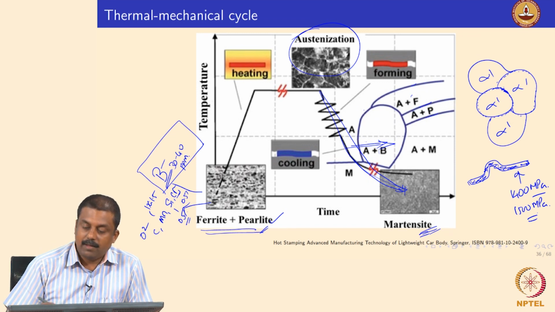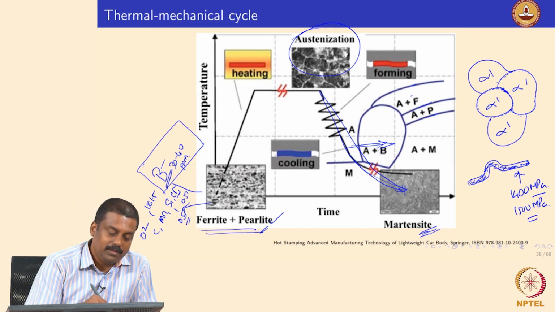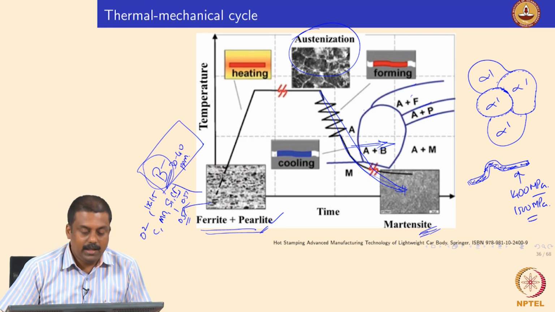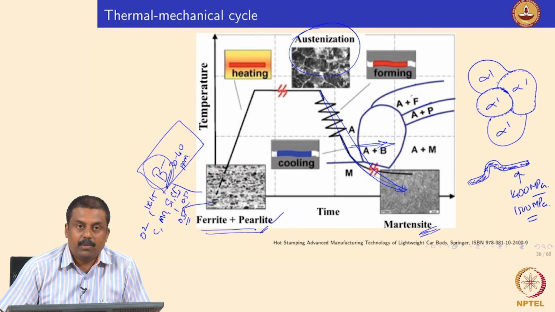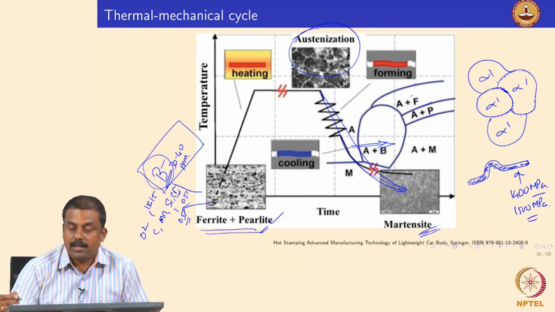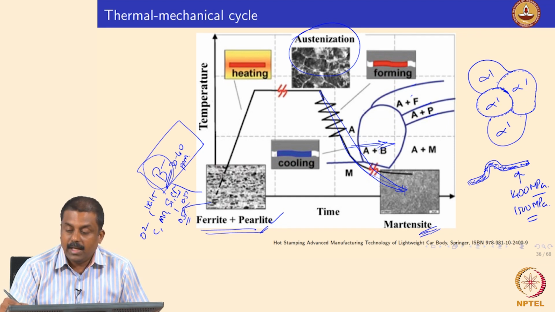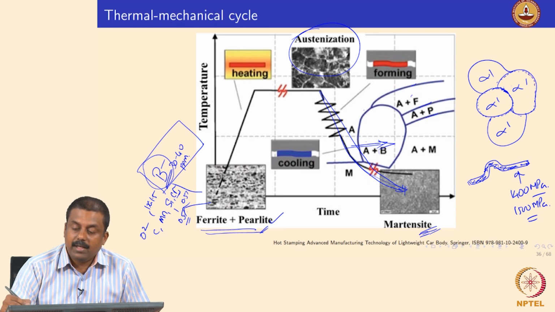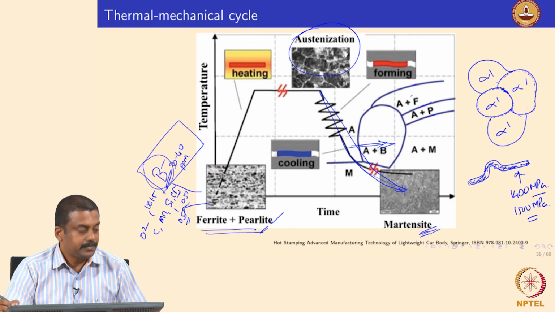Now, boron is not really a detrimental element in terms of weldability, but the diffusion of boron to grain boundaries can significantly change the diffusion of other alloying elements. It may not be detrimental for weldability, but it can affect the segregation of other alloying elements, for example phosphorus segregation during welding. So it is really important to look at the role of boron during welding as well, which we will see in subsequent classes.